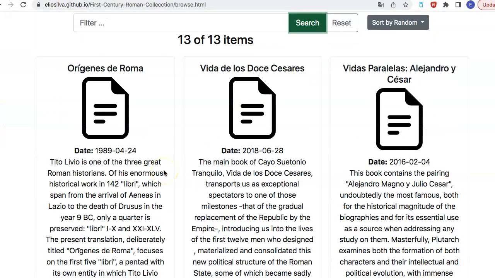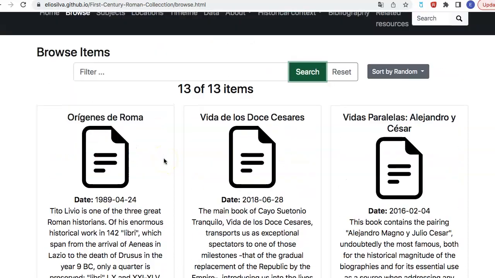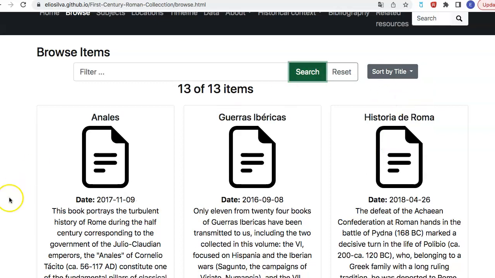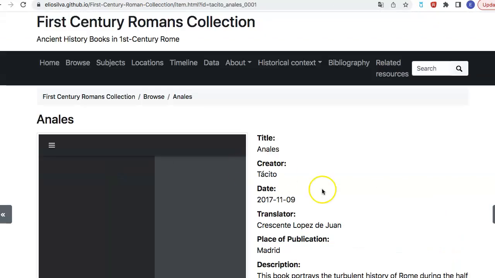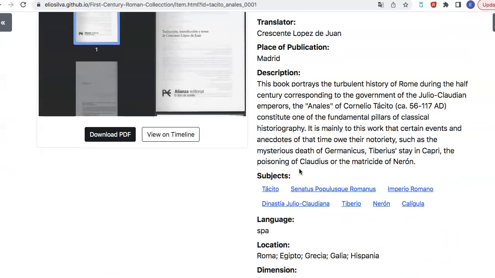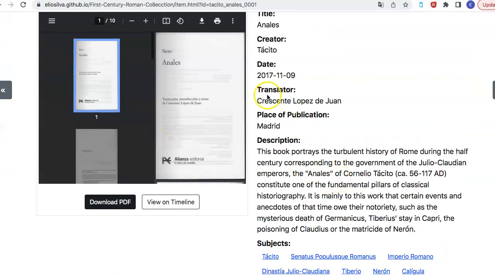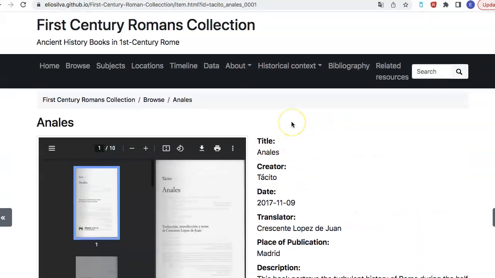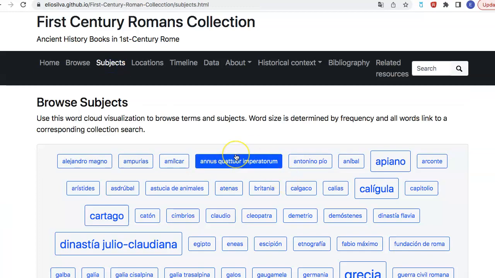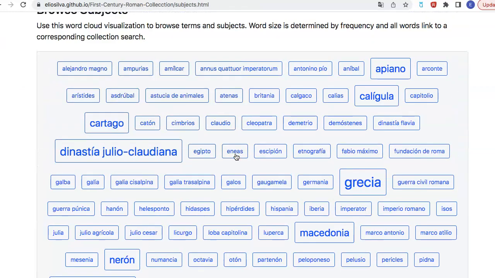So in the browser you can see the objects, and you can sort by the title, the creator, etc. For example, we click here in title. It's in alphabetic order, of course. We click here in Analysis. You can figure out who is the author, the description of the book, who is the translator, and the book is in PDF format. If we go to the subjects, it's important to know that those are made by me